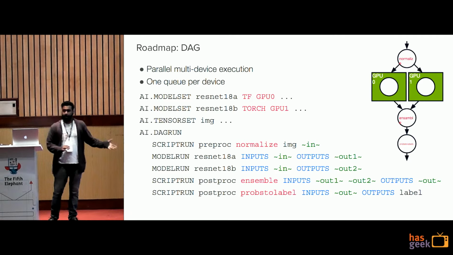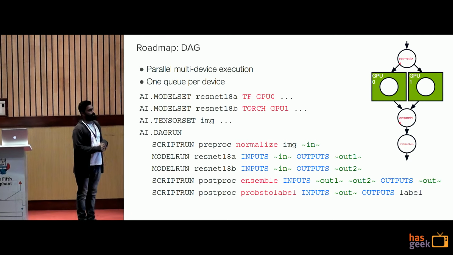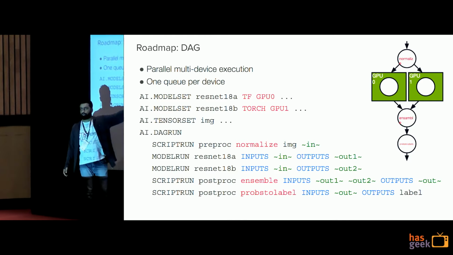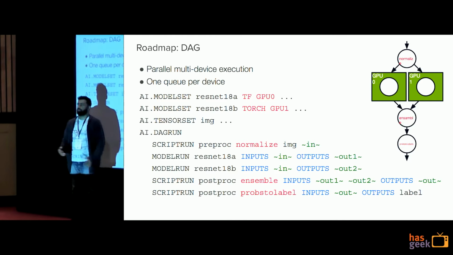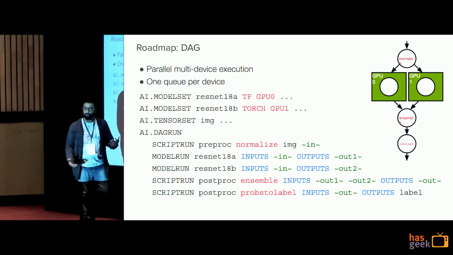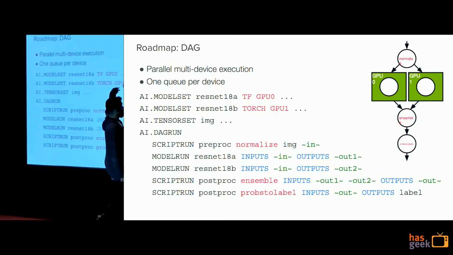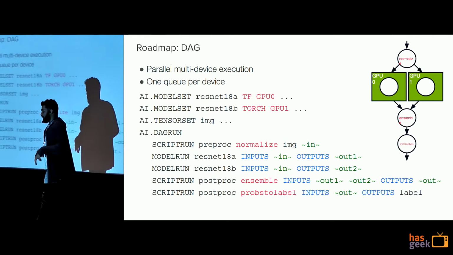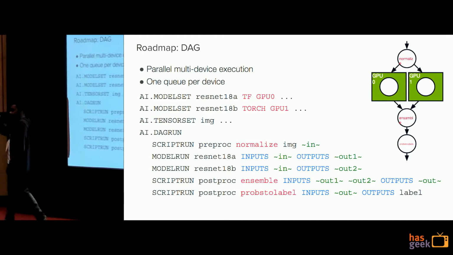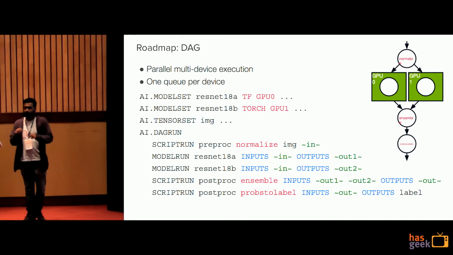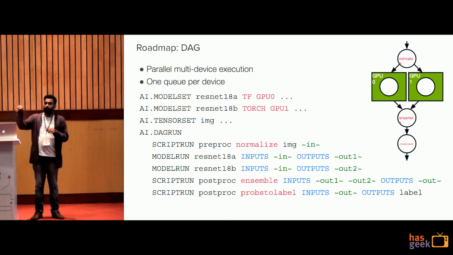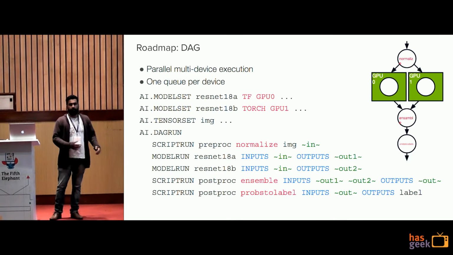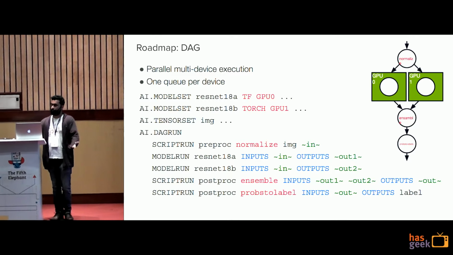So again, DAG has another benefit. So if you're doing, let's say, A/B testing, and you have a TF model and a torch model, for all the input you're gonna run both the TF and torch model. But since execution of these two models are not dependent, you can do this in parallel. And RedisAI analyzes your commands, and it finds there are some that I can run independently, so it'll run in parallel on different devices if you have more than one device. You don't have to take care of that.